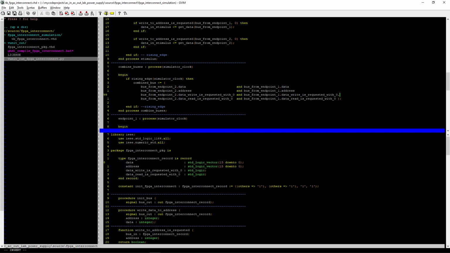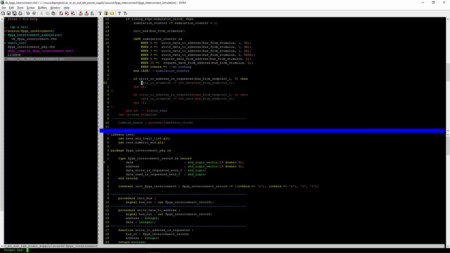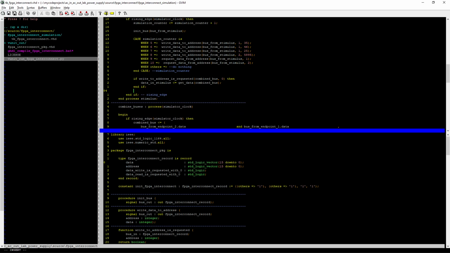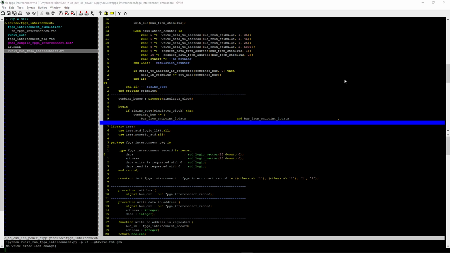Also this. Right, so now if we change these both to combined bus and take this out, we should see practically no change from what was happening prior, but